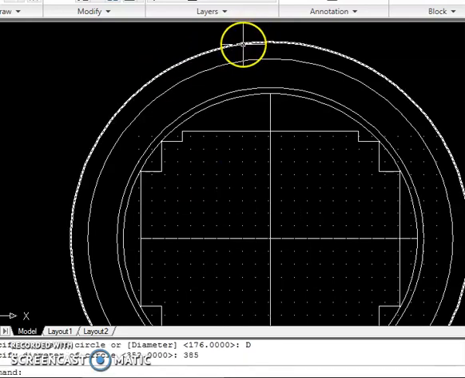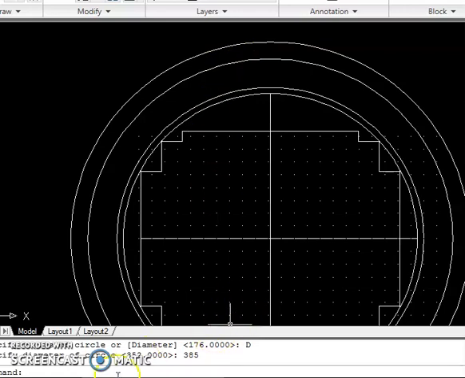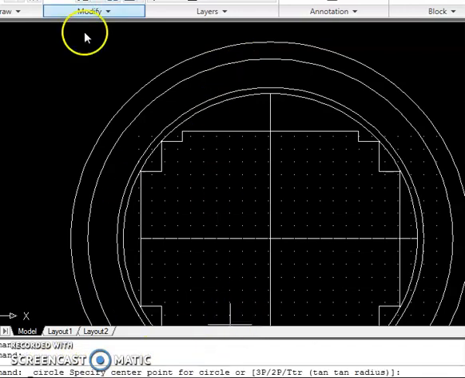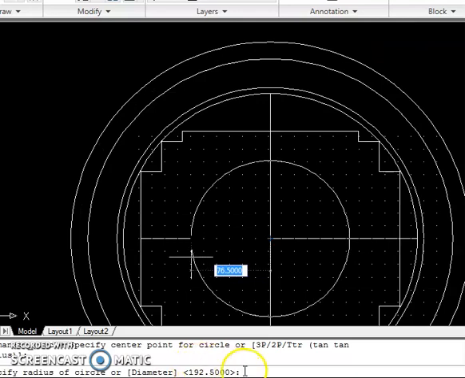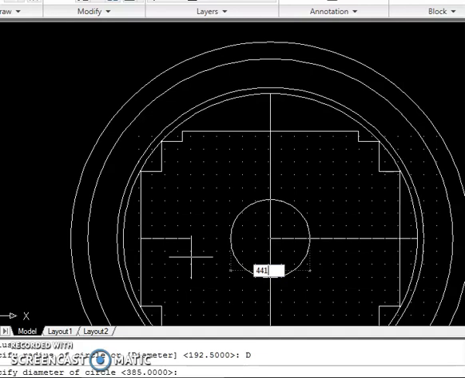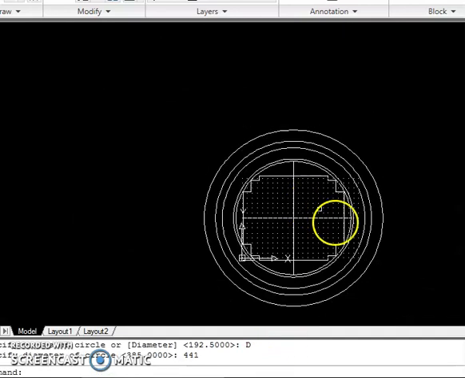So the HV winding inner diameter is done. Next, the HV winding outer diameter is how much? 441. That is nothing but, again here, D 441. See, it is done now. LV winding inner diameter, LV winding outer diameter, HV winding inner diameter, HV winding outer diameter are done.